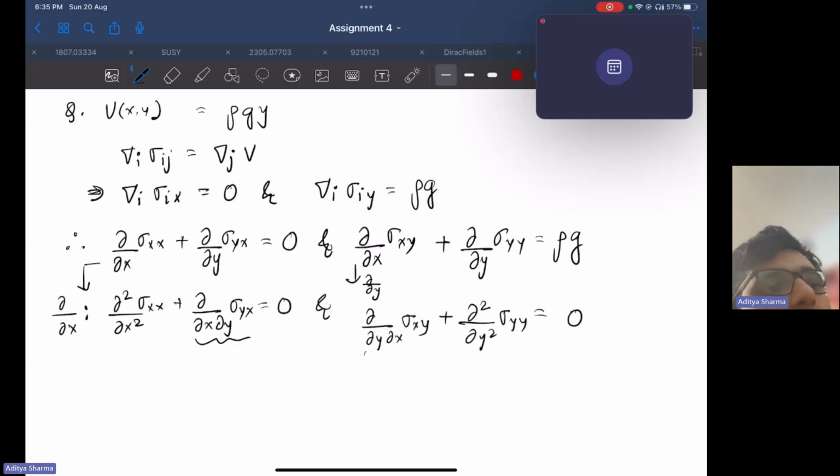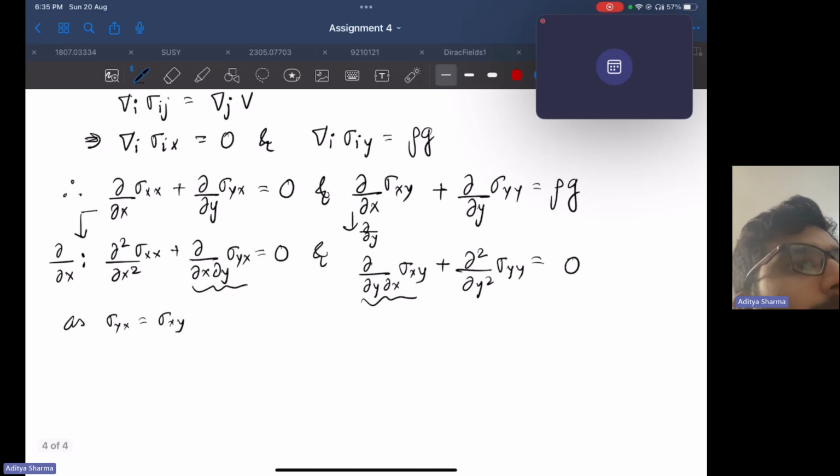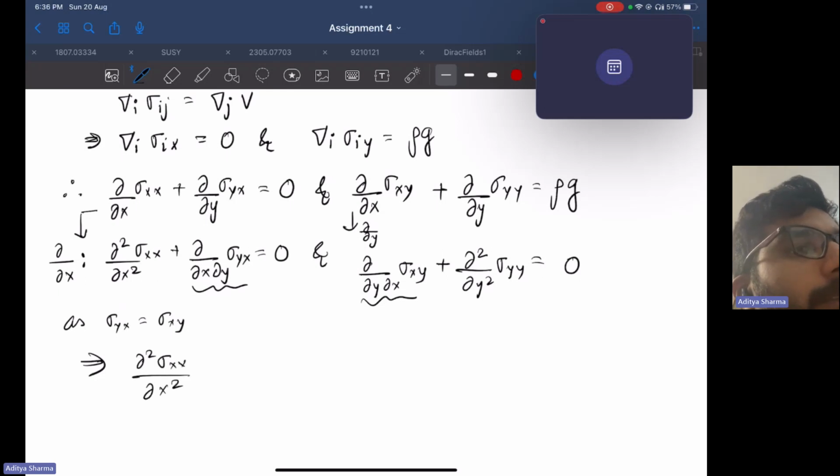Now this term and this term are the same as sigma yx is equal to sigma xy, and we can subtract to get del square sigma xx